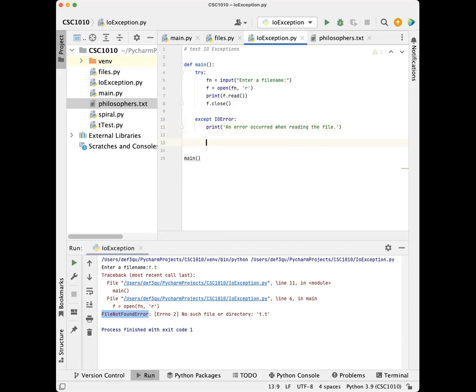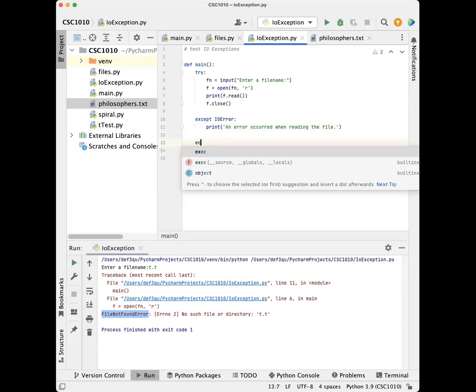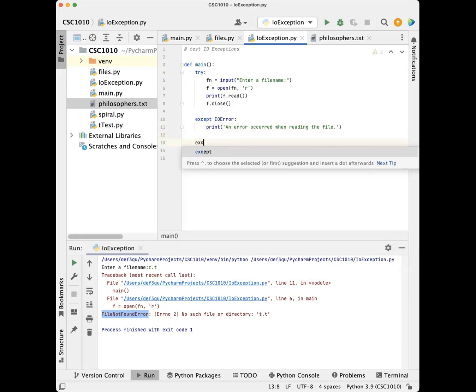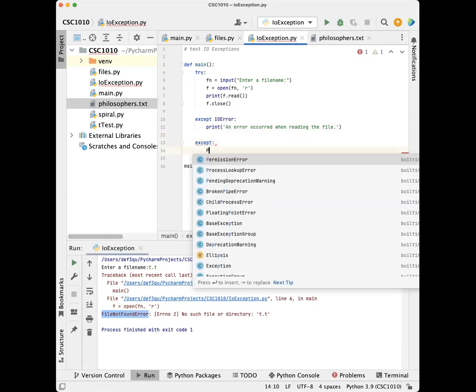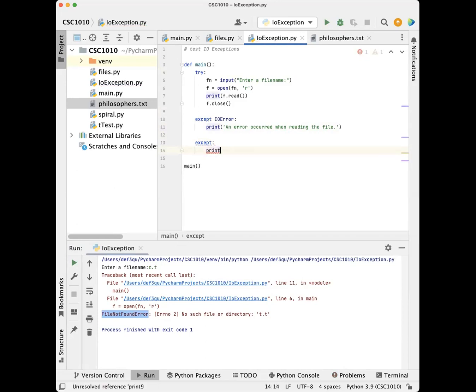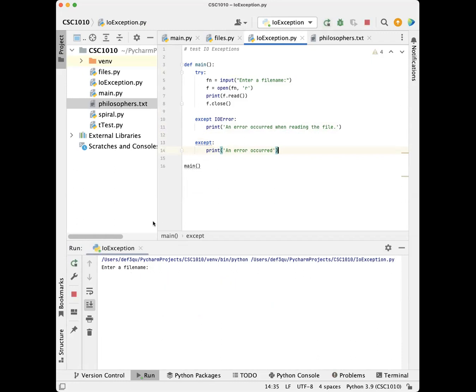And then you can always put your except. Never a bad idea to go ahead and put your except error, just that. An error occurred. Okay, so now if I run it and enter the correct name, you've got to make sure